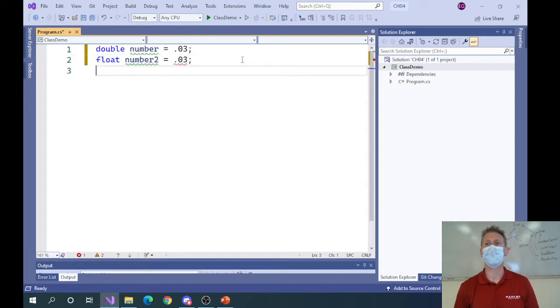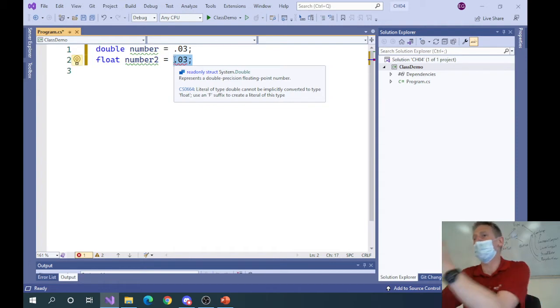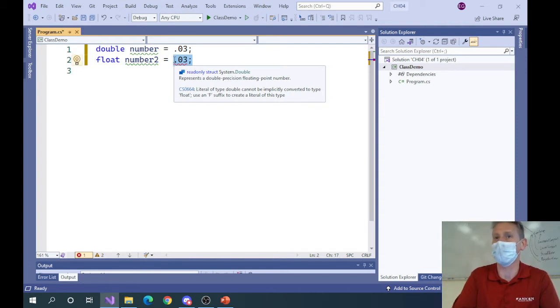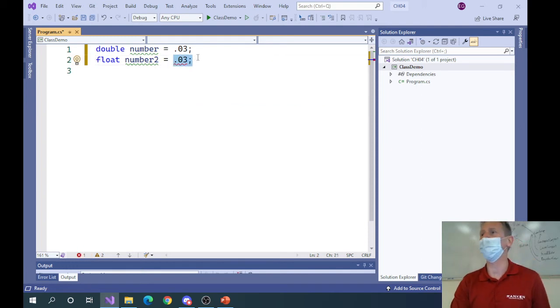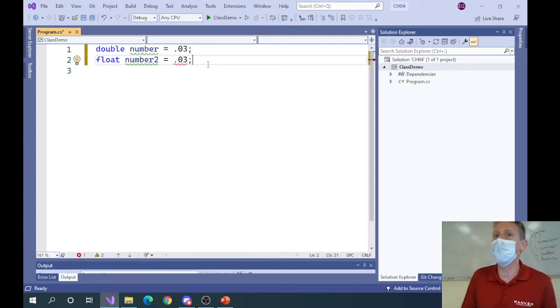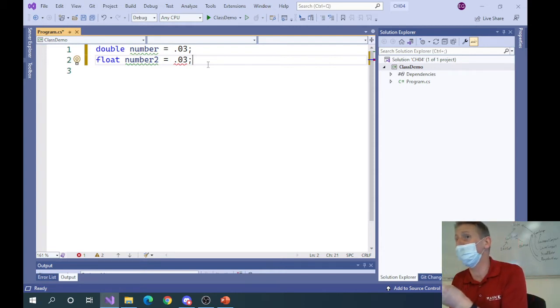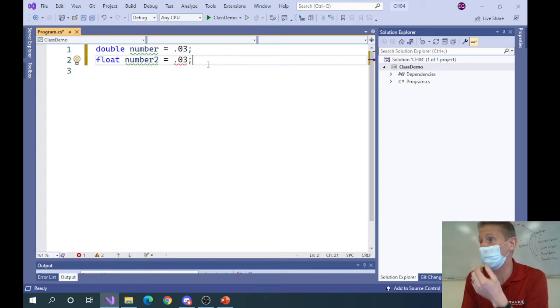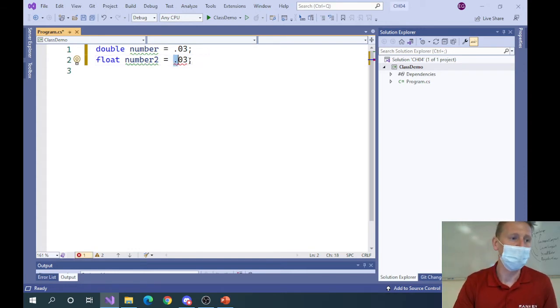What happens when the C# compiler looks at this is you see a float on the left, and you see what's known as a floating point number, which just means it's a decimal. You see a decimal on the right. So when the compiler looks at this 0.03, it says, well, what's the data type? It has to pick a data type. The compiler says, okay, well, it could be a float, it could be a double, it could be a decimal. It's got to pick one of the three. So the default, by the way, okay,